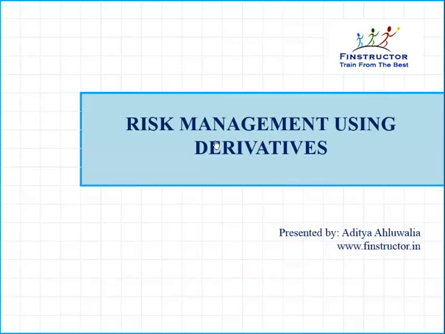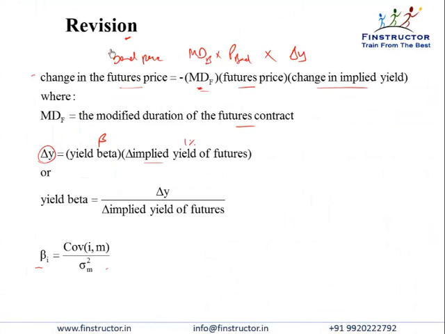So we'll start with reading number 29 of the level 3 curriculum that will teach us about risk management using derivatives, more specifically forwards and futures. Reading numbers 30 and 31 will talk about options and swap strategies. So we'll quickly revise the concepts from level 1, 2 and fixed income and equity markets that we're going to